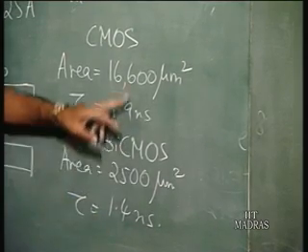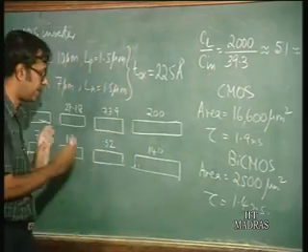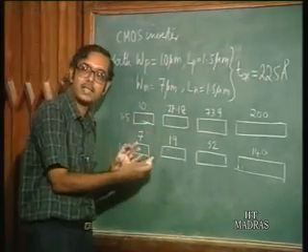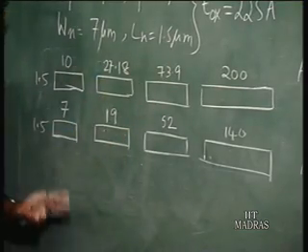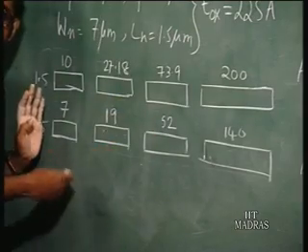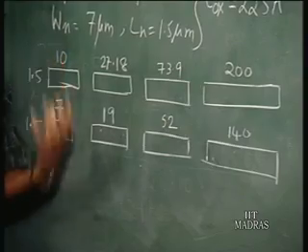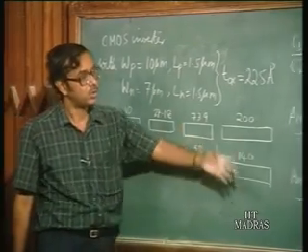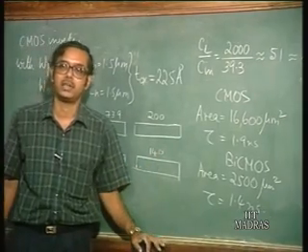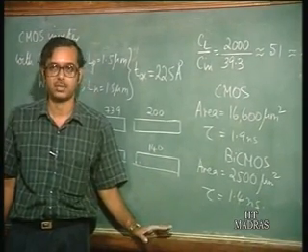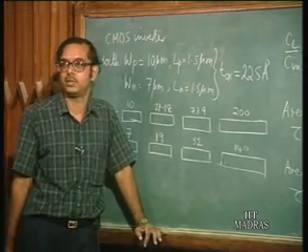Not only that, the area requirement is much smaller because you are using just the smallest size devices here, and you just have some extra bipolar transistors, whereas here you use progressively larger devices, which requires a lot of area. So using BiCMOS drivers to drive large capacitance loads, you not only gain in terms of speed, but also you require a much smaller area. So that is the advantage of BiCMOS drivers over CMOS drivers, and it is now being widely used